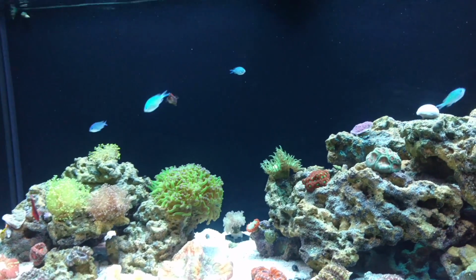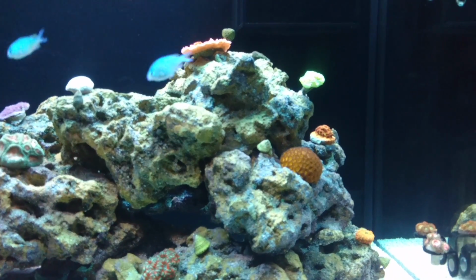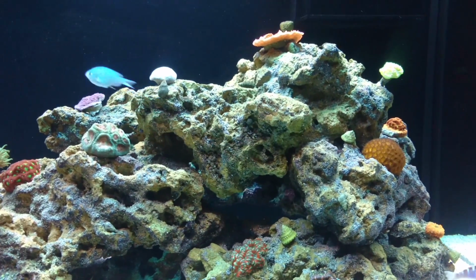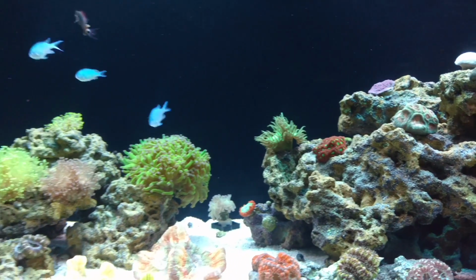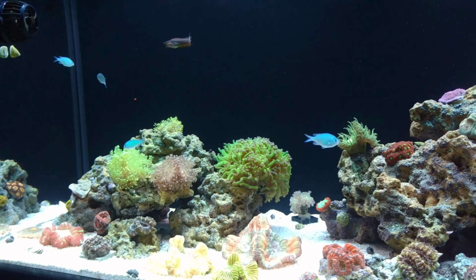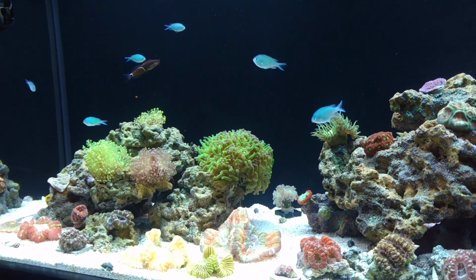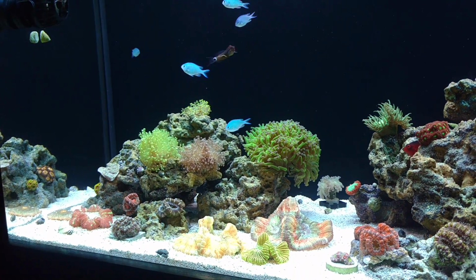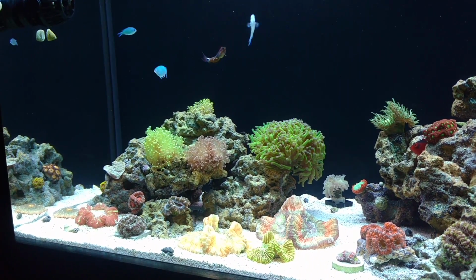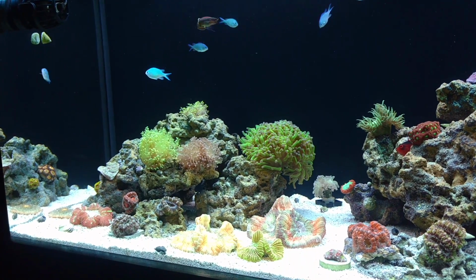So onward to the coral. We'll do a quick run through. Right off the top here, everything is growing super fast, which is in my eyes kind of odd because the tank is so new. And you know, usually I would think normally coral would do better in a more established tank. This tank is just at 2 months old, and